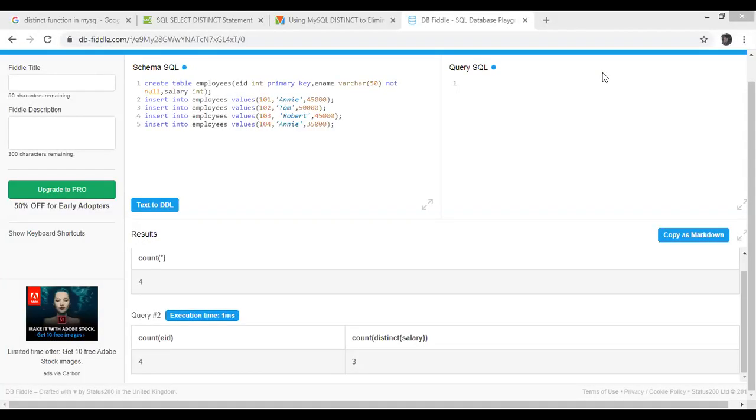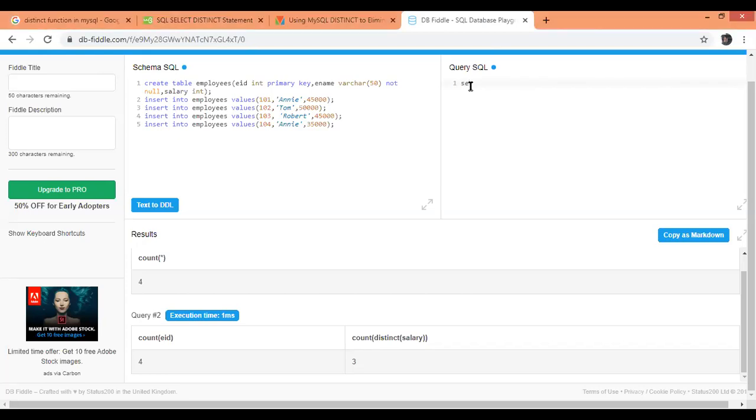As usual, we are using dbfiddle for running the queries. As you can see, I have already created the table named employees, like in the earlier class, and EID is the primary key. We have an ename which cannot be null and a salary of int. After that, I have inserted a few values into the table using DML commands.